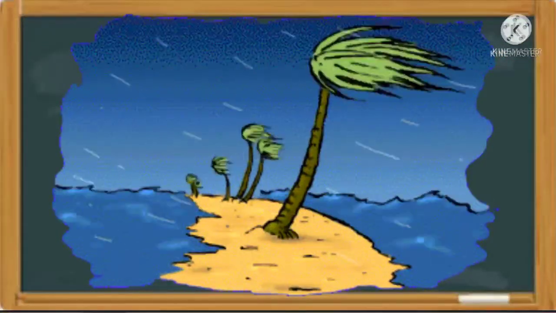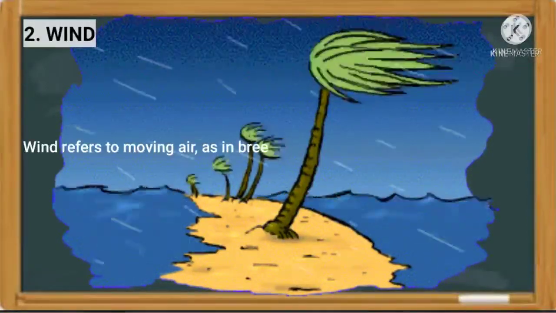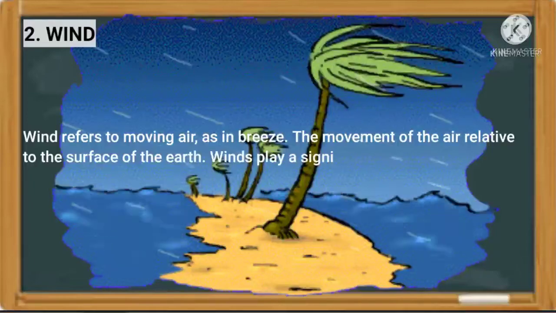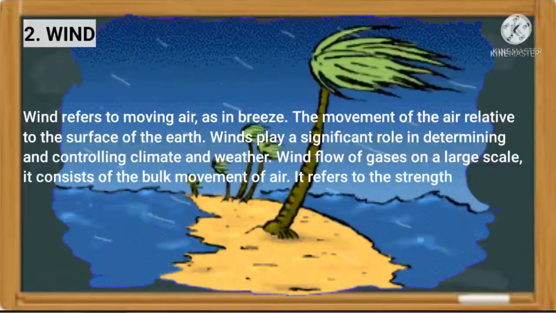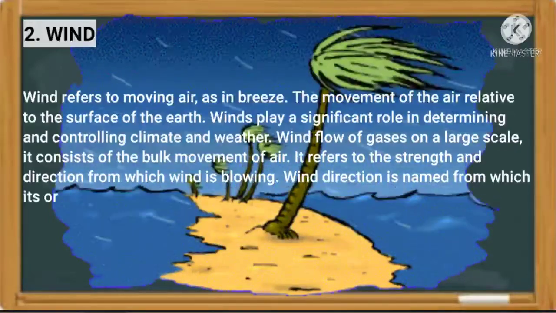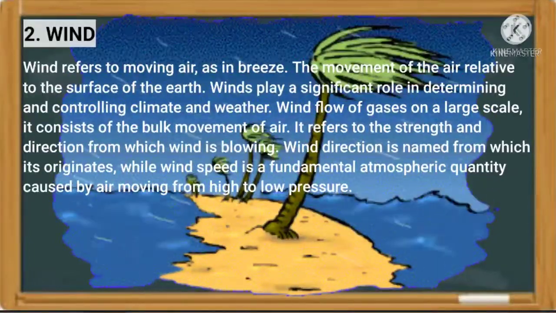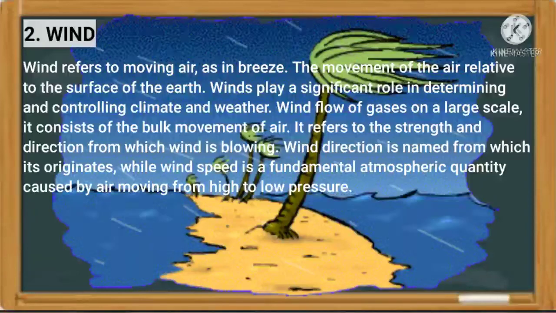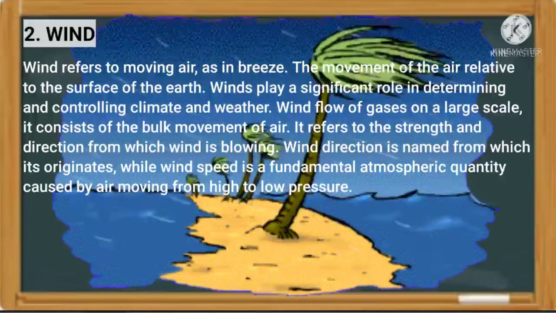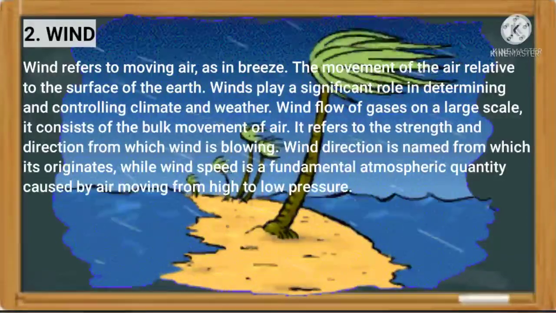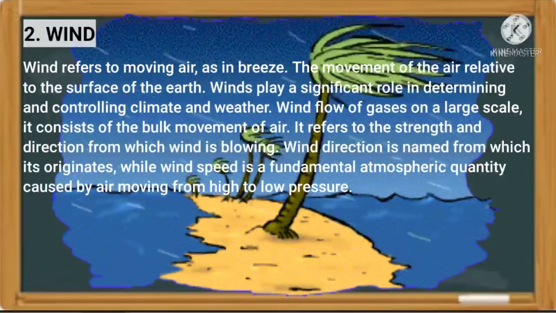Let's proceed to number 2, wind. Wind refers to moving air, as in breeze, the movement of the air relative to the surface of the earth. Winds play a significant role in determining and controlling climate and weather. Wind is the flow of gases on a large scale. It consists of the bulk movement of air. It refers to the strength and direction from which wind is blowing. Wind direction is named from which it originates,